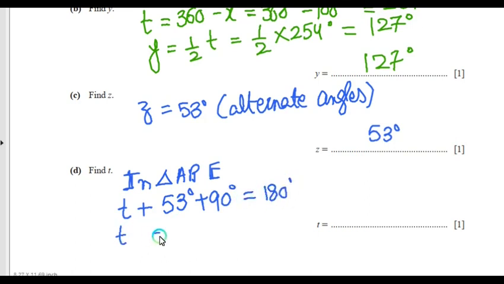Yeah, we know that these two blue lines are parallel to each other, right? These lines are parallel to each other. So this z